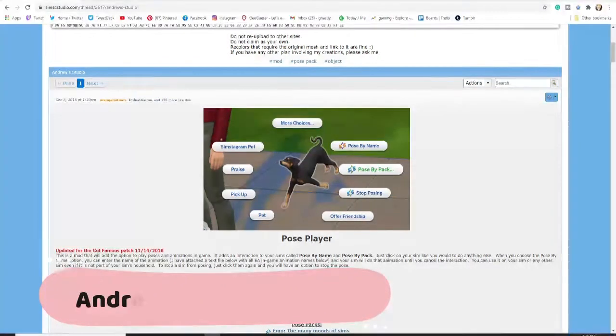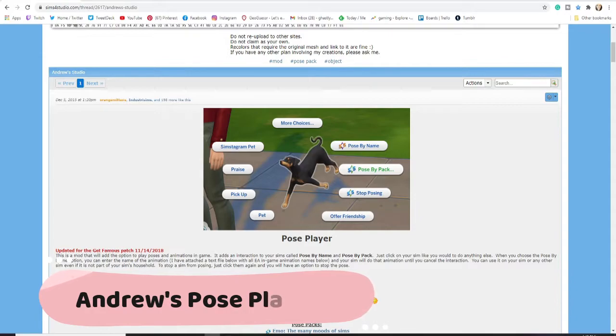Basically, before you start downloading any poses, there are two mods that you are going to need for your Sims 4 game. And of course, because we have to use mods here, this is only something that will work for the PC version of The Sims 4. I think the Mac version also should have no problem with this. PC and Mac are pretty much the same, but any of the console versions, this is not going to work on, unfortunately. So first off, you need the Andrew's Pose Player,